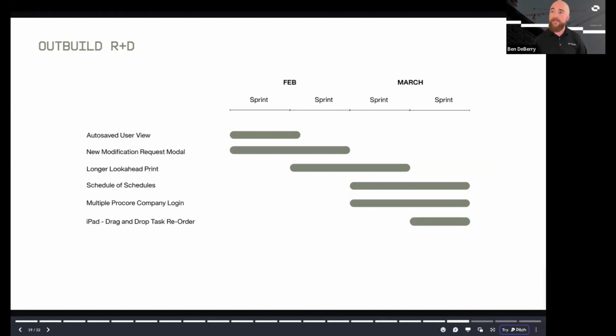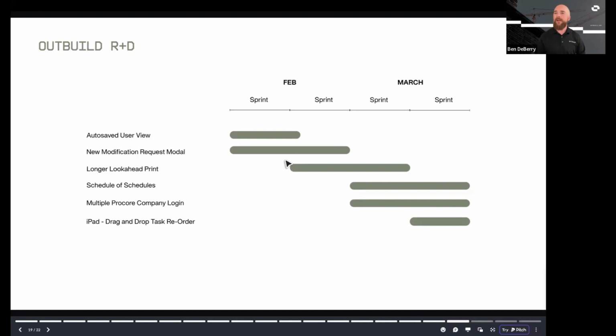So something that some of you users might have noticed is that we do have an auto-saved view for you now. So if you are in a project, opening a schedule, you set a filter, you set your WBS colors, you turn on your critical path, you leave, you go home, spend time with family, come back the next day. It's going to save that for you on that particular schedule. In the future, you're going to see that where you can apply it to a whole project, a whole schedule. But right now, it's just saving that user view. So I'm hoping that saves you a little bit of time. And again, allows you to get home, spend time with family.